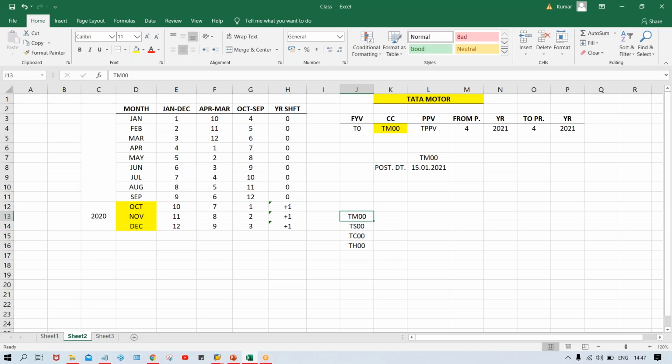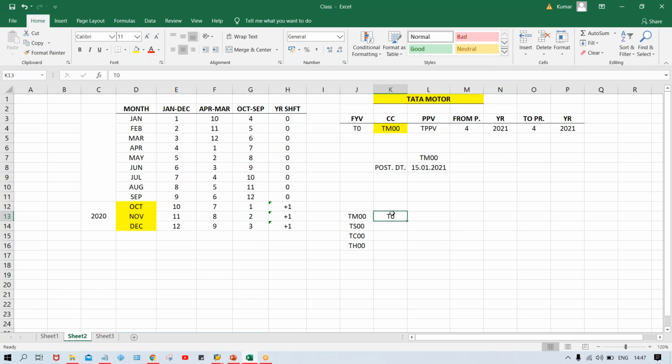Now I have defined this fiscal year variant T0. T0 means April to March. Even Tata Steel, Tata Chemical, Tata Hotel Group are based out of India itself, so they are going to follow the same fiscal year, April to March.